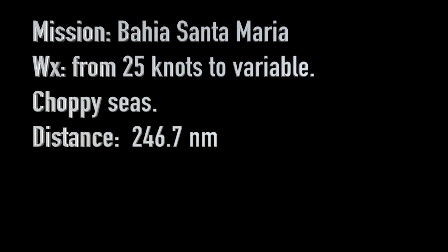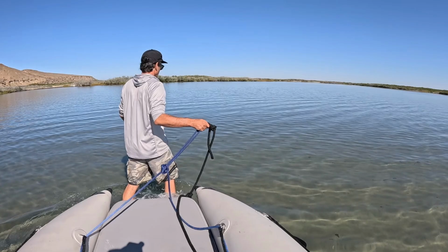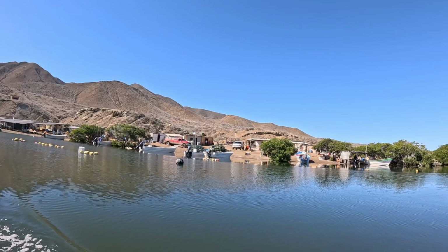So this next trip is going to take us to Bahia Santa Maria. This will be our second longest passage of the voyage so far, at about 246 nautical miles. Now, initially, I thought we would skip Bahia Santa Maria and head directly to Cabo San Lucas, but we decided to stay at Bahia Santa Maria just for a little bit of a rest break. Turned out actually being a super cool stop, so stay tuned through the end to see what we found there